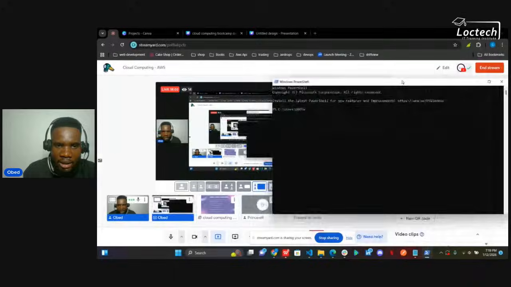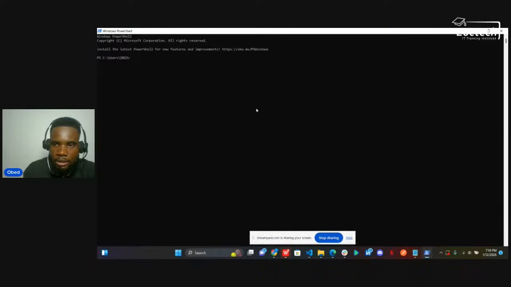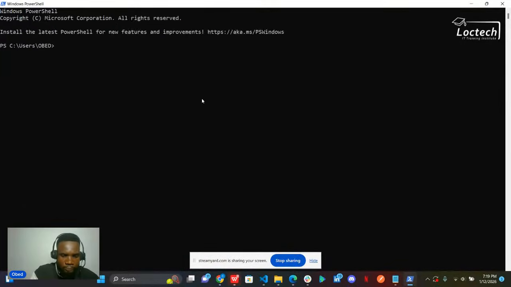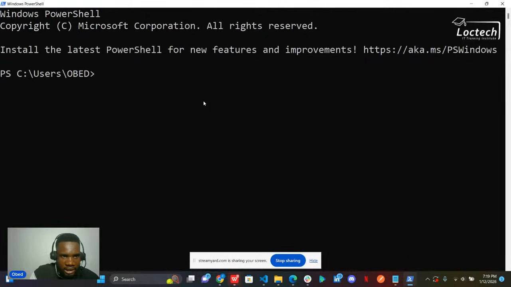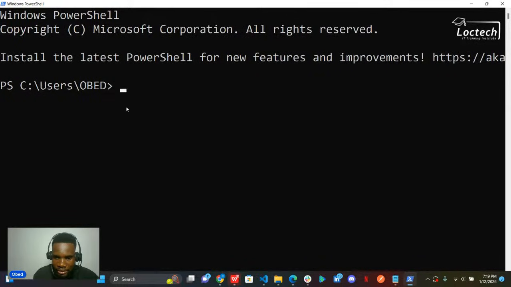So I have my PowerShell right here. So this is my PowerShell terminal. Sorry about that. So I will zoom in so that we can see it properly. I'd also like you to comment if my zoom size is okay, if you're seeing it clearly.